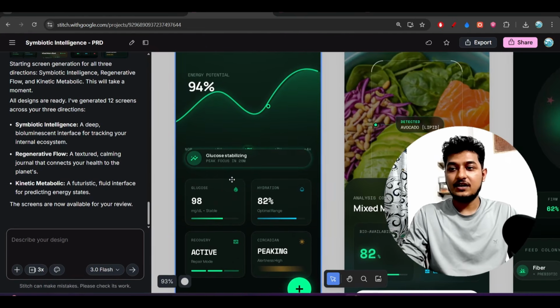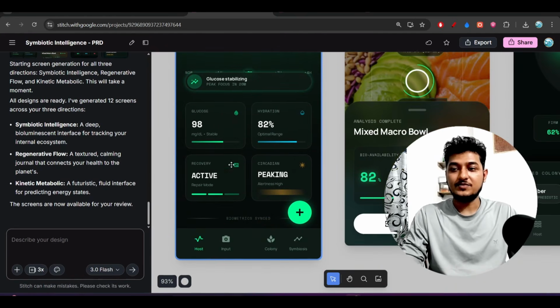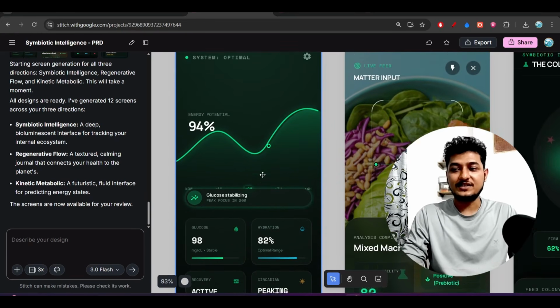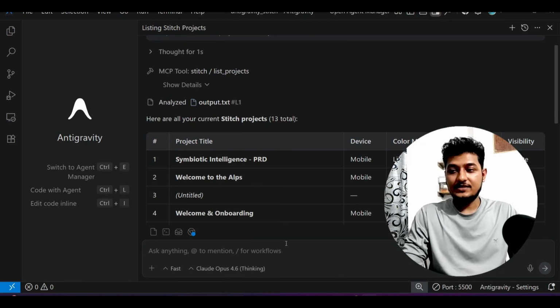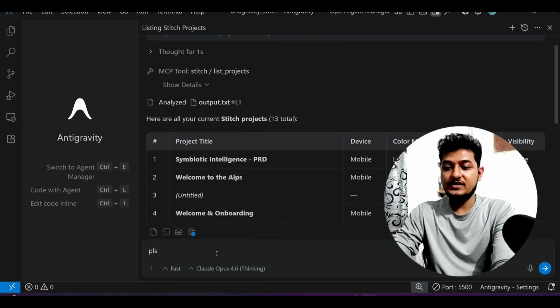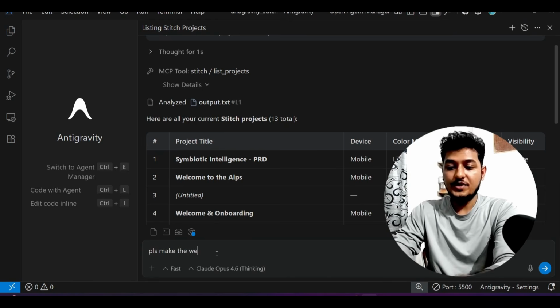Here you see there is a graph, and after that there are four boxes, and below there are four buttons: host, input, colony, symbiosis, okay, etc., etc. There are many screens. Now I will ask Anti-Gravity, please make the website